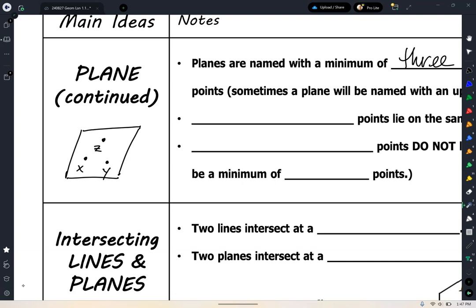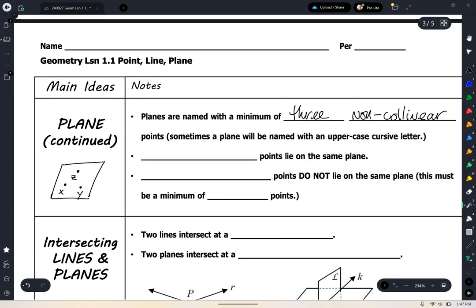However, the only way that I can contain 3 non-collinear points is by wrapping them in this 2-dimensional shape. Do you see how I did that? Okay, that's the only way that I can contain those 3 points. Now, these 3 points all sit within the boundaries of this 2-dimensional shape. I'm able to put them together. Now, that gives us the lead to how we name these.